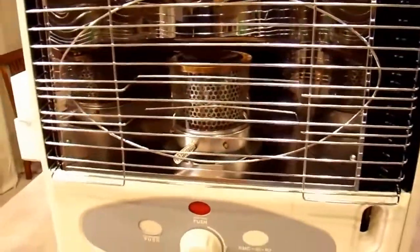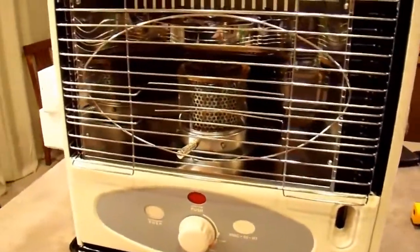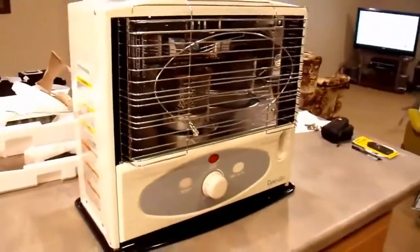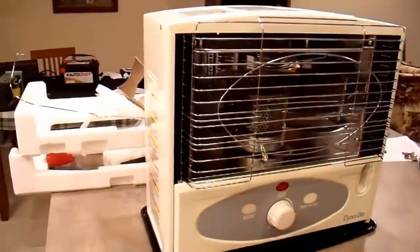It doesn't really work in my experience. You may have better luck, I don't know, but that's pretty minor, so I'm not going to get too excited about that. In terms of the performance of it, how comfortable it is to use, the heat output, that depends on what you're using it for, but I think